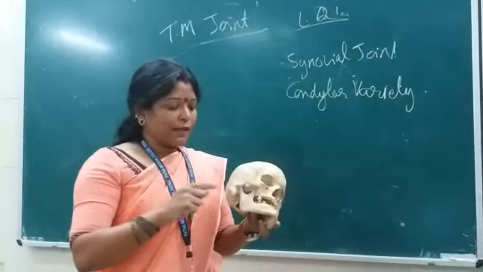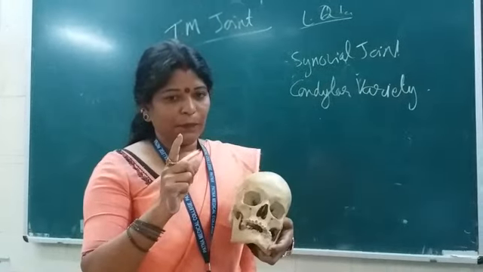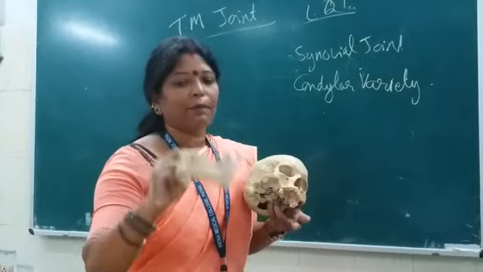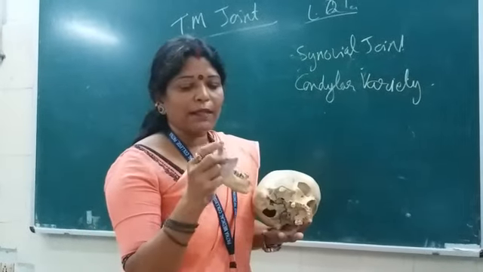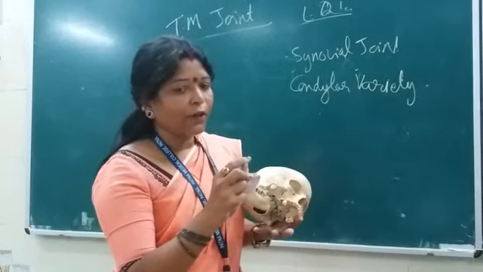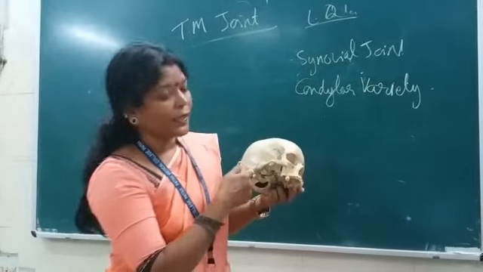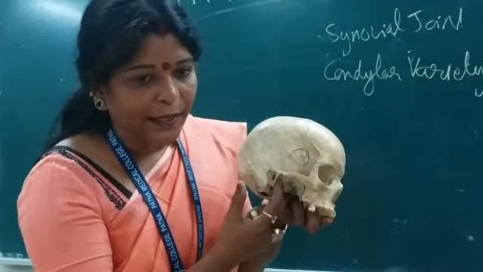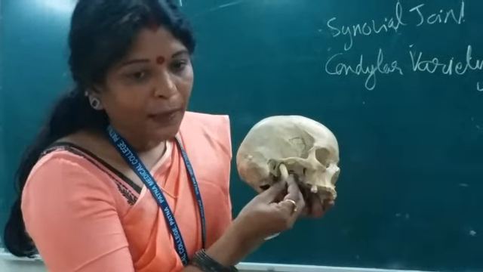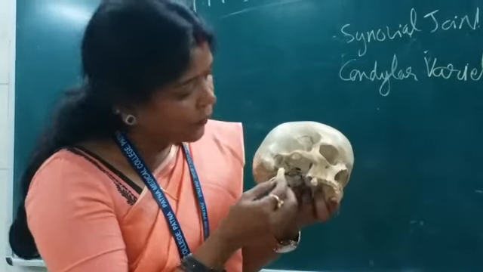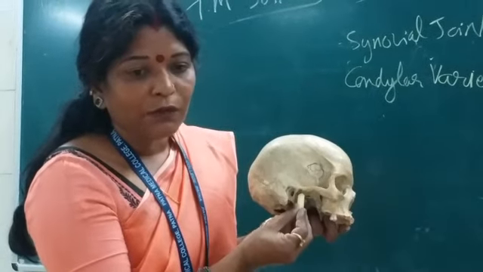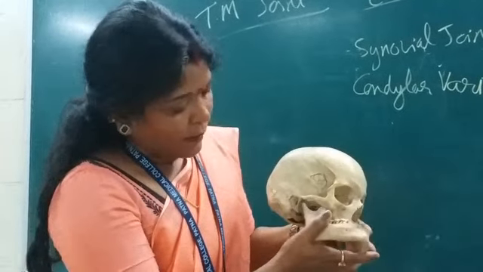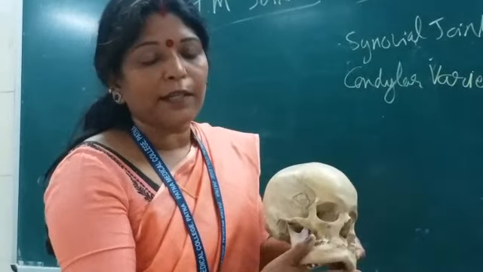First of all, it is a bilateral joint. It is made up of the single mandible, and this is known as the head of the mandible. Where does the head of the mandible articulate? With the cranium. Here you see the mandibular fossa. It has an articular part anteriorly and a non-articular part posteriorly. The anterior articular part articulates with the head of the mandible and forms the temporomandibular joint.